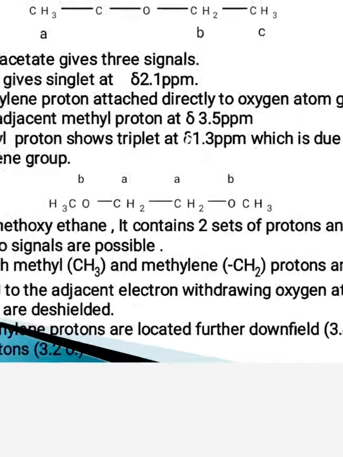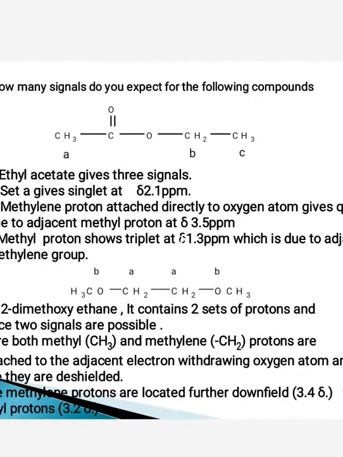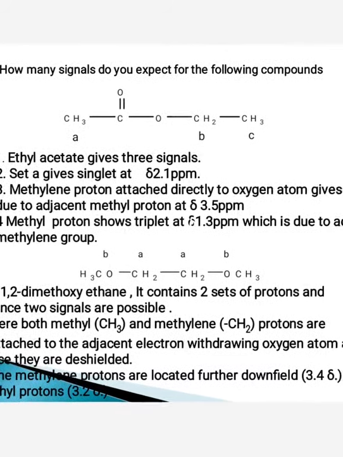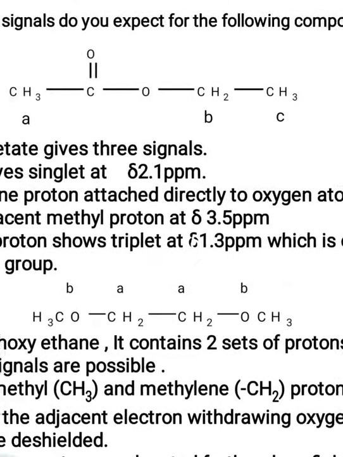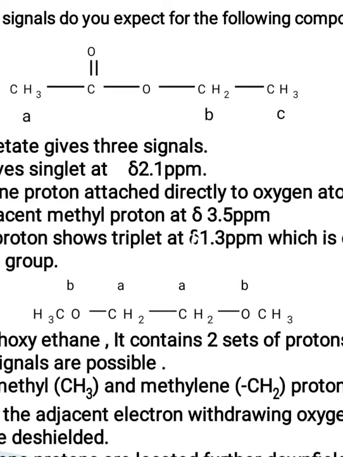The second example, 1,2-dimethoxyethane. In this 1,2-dimethoxyethane, there are two sets of protons, set A middle CH2 having same chemical environment, and set B, that is methoxy group, having the same chemical environment. Here the interesting fact is which set has the more deshielded value for the peak, whether methoxy OCH3 group is more deshielded or the A set is more deshielded.